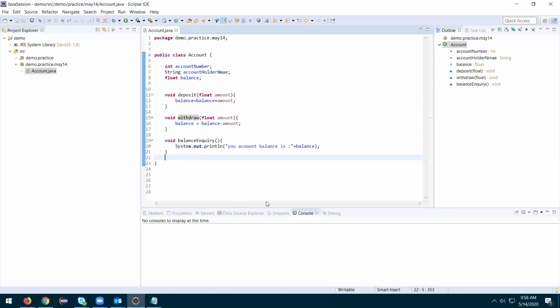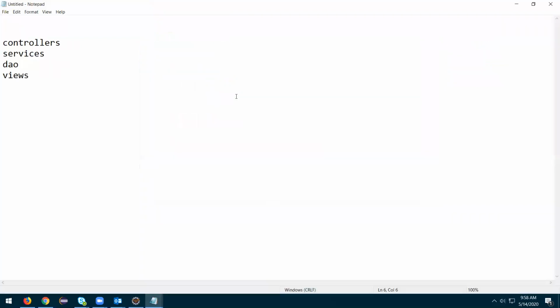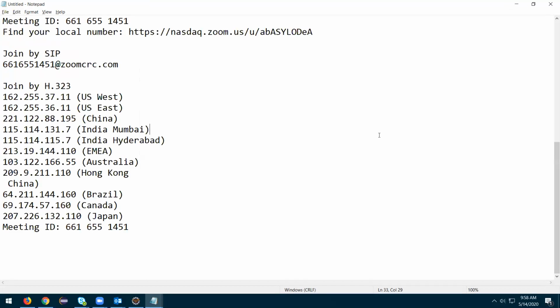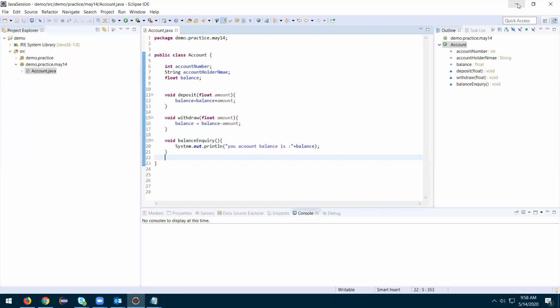Why I'm insisting is that there are flavors of learning Java. One is learning everything. One is learning only what we need. One more flavor is touching everything and emphasizing what we regularly use, what we desperately need.